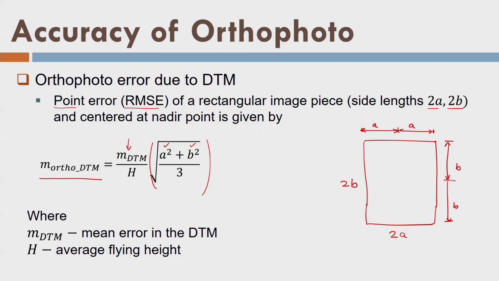Now we have an error in the orthomap, and this estimate is basically applicable to the whole product, which is of this size, 2A by 2A. I hope that you got the idea. What is the H here? It is not a point estimate of the flying height. It is basically the average flying height. So, this error basically indicates an average idea, or the overall RMSE, of the orthomap product.